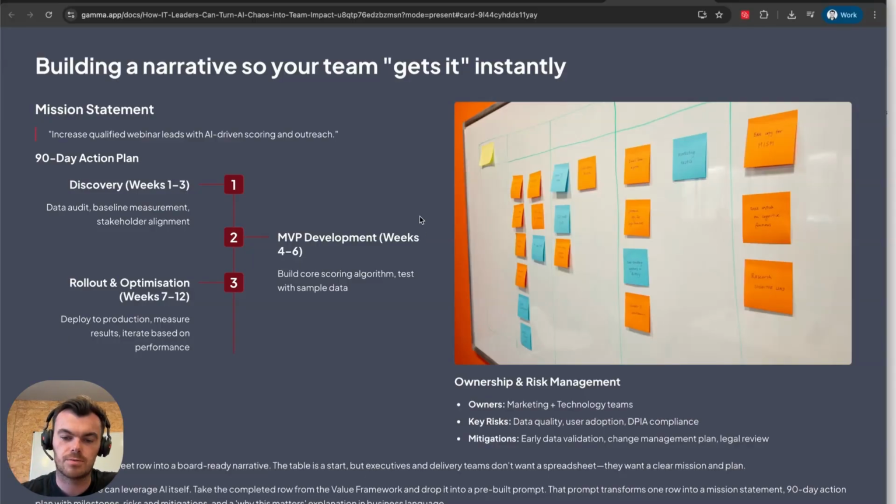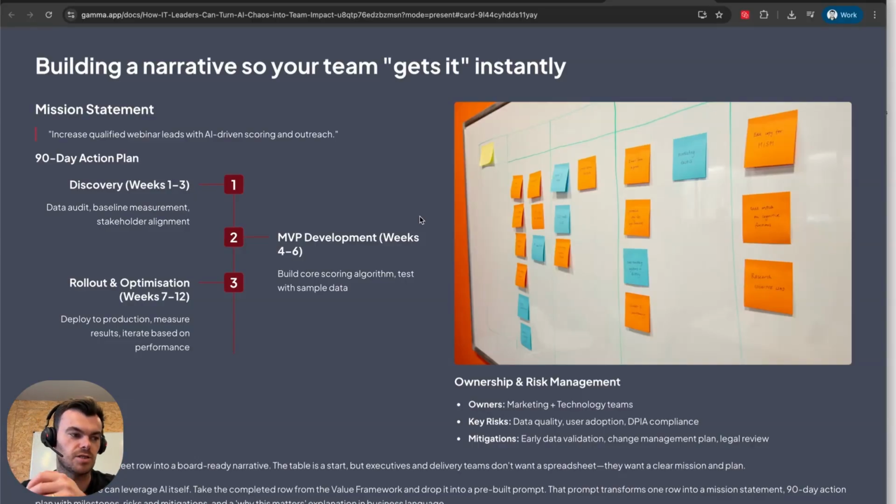And what this does is, when we centralize this narrative, it allows people to join, be part of it, and understand what's going on. A simple table from an IT director's head makes sense, and I know what's going on. I've done the research. However, as a marketing person or a salesperson, I need something more tangible to work on. So what we're doing is taking a table and using a prompt to turn it into more of a mission statement and plan to allow our team to be on board more.